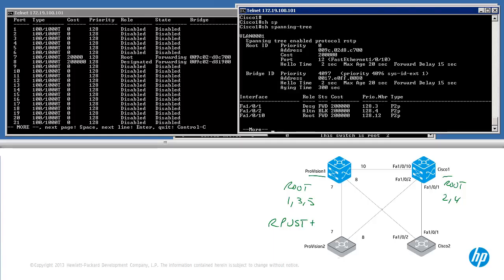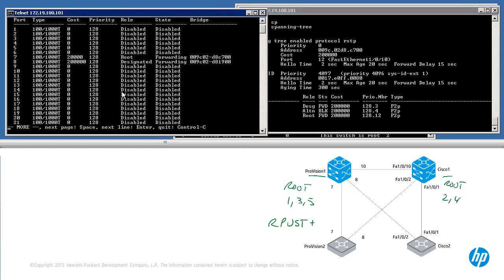Now to optimize spanning tree, what you need to do is to increase the cost of this interface so that the blocking port or discarding port is on Provision 2 rather than on the core switch. Back on Provision 2,